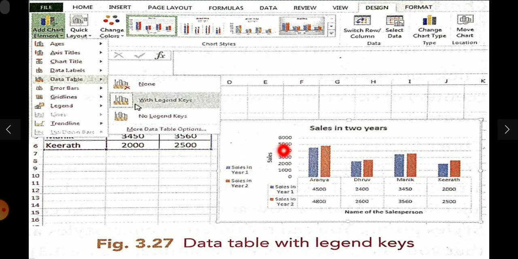There is a table, isn't it? If you want this table, we select the data table with legend keys. See, legends are also inserted in this data table. This is about data table. This is our column, and the values we gave here, students, are called data labels. And this table, if we insert it in an Excel chart, is called a data table.